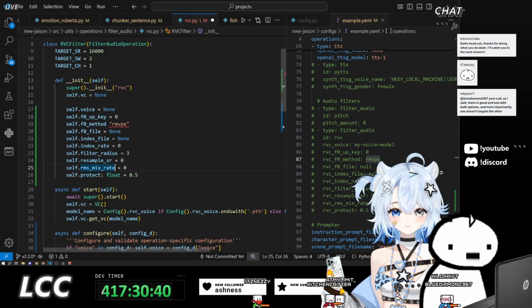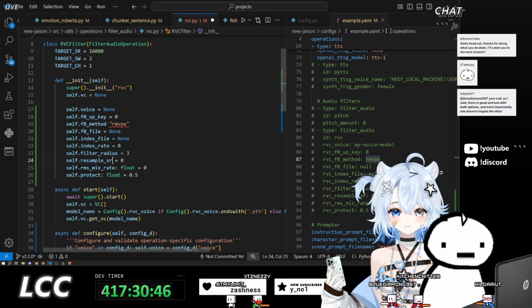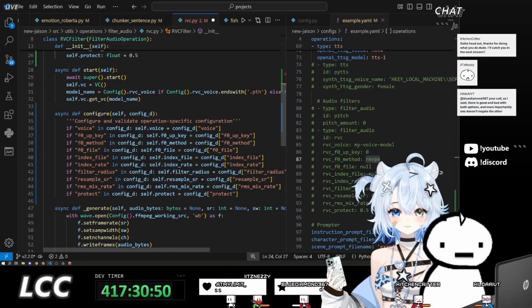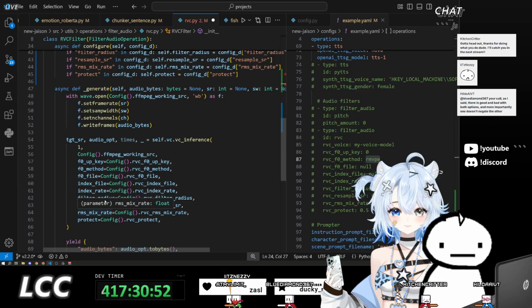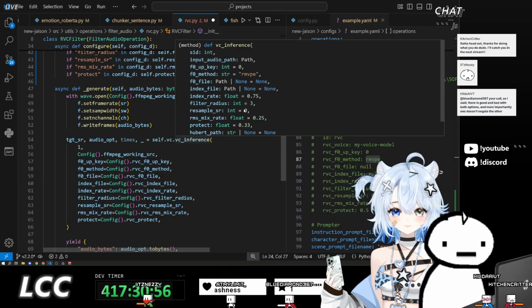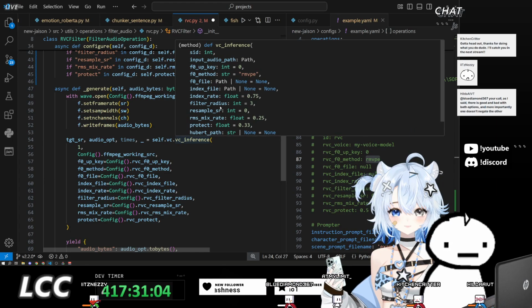RMS mix rate. Is this an int or a float? I don't quite recall. I guess I could check. Floats. What else is an int? The only ints are sample rate and filter radius.